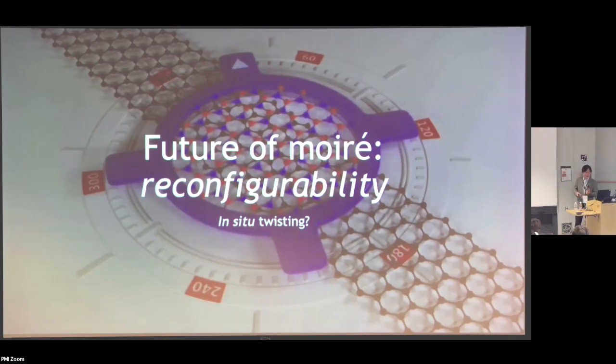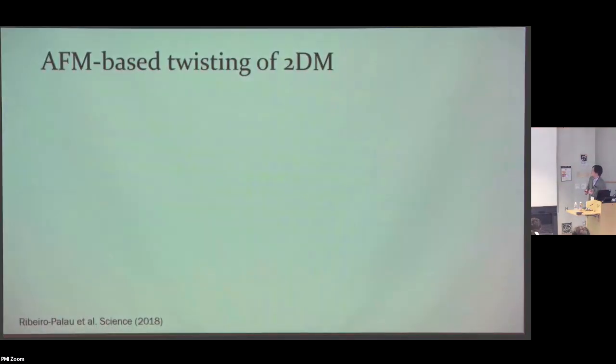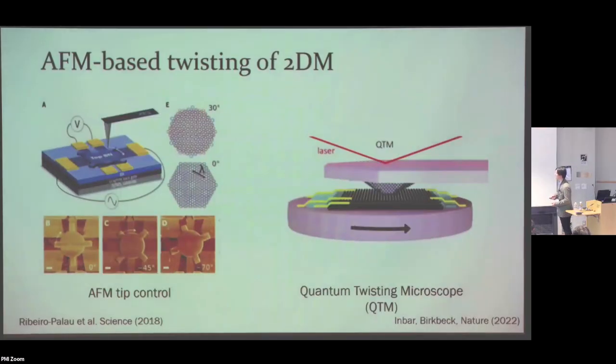So I think what would be nice is if we can study these materials in a way where the twist angle becomes a real knob, where you can just change it as you measure. Just like you change the gate voltage on a device, and you can change it reversibly, right? You can apply a voltage, and you can remove that voltage, and you get everything in exactly the same state as before. Now there have been a few methods of doing this, and all of them are based on AFM.